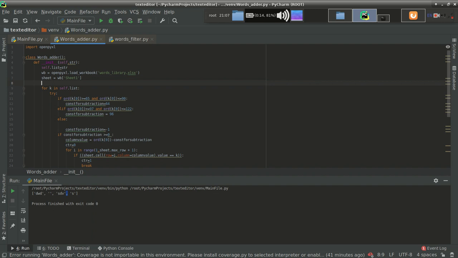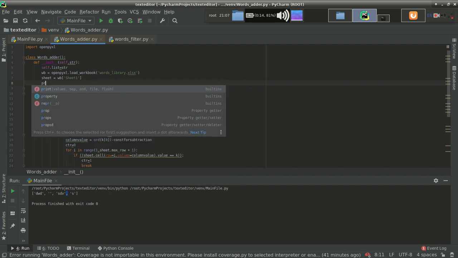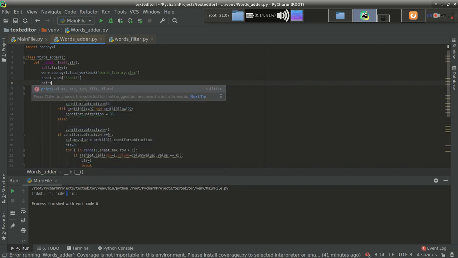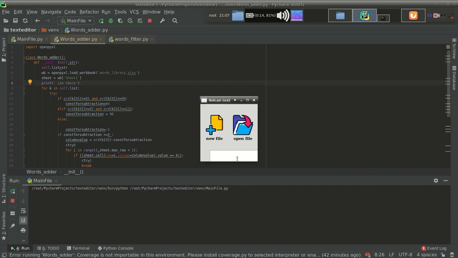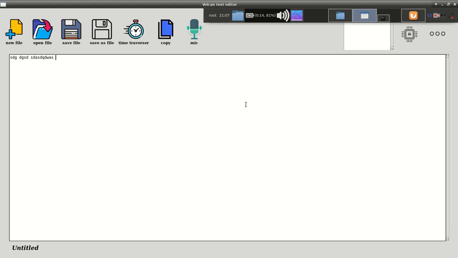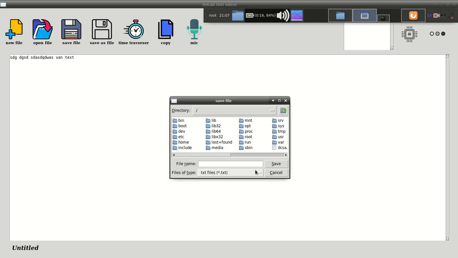If it is reaching here, I will print "I am here." Let's see, this is the text. So this is the text. Save it again.